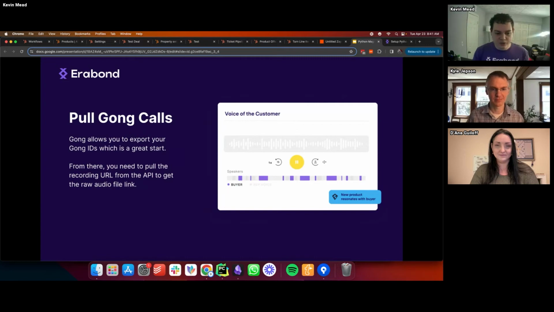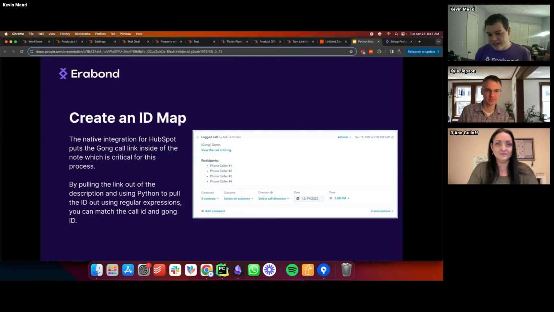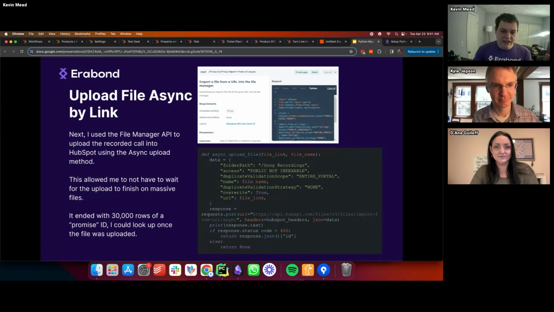So in this situation, what I did was I pulled all the Gong calls. Luckily, Gong let me export the IDs, and that was really easy. And then from there, I used the API to get the raw audio file link. I then created, using the notes on the native integration, a map. I said, this is the Gong ID, this is the call ID. And I did that just using some spreadsheet, but you could do that using Python. And then I tried uploading these